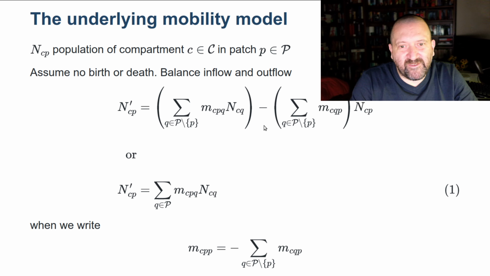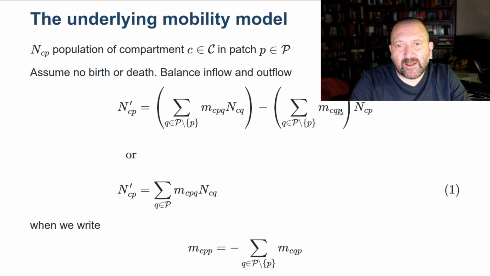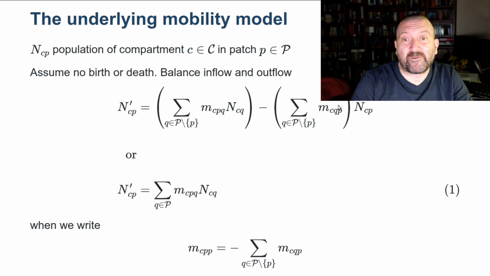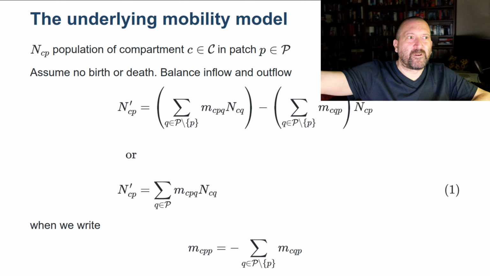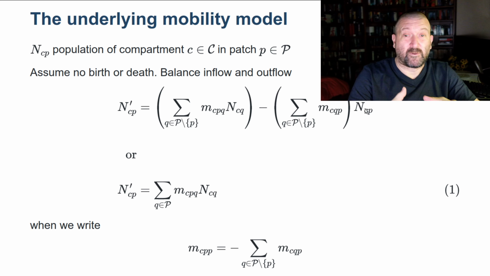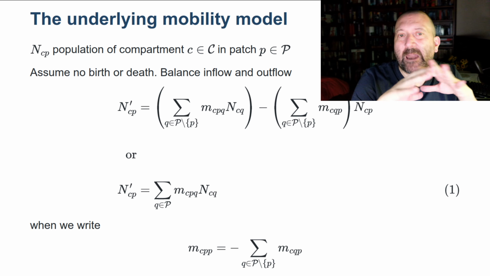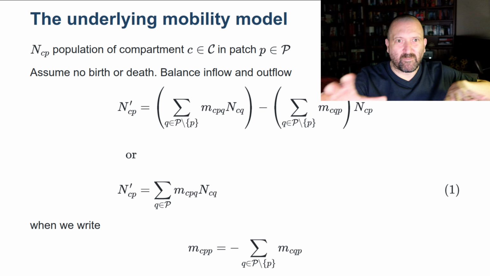And this term here on the right then looks at things the other way. It's looking at the rate of movement for individuals from compartment C from patch P, the patch of interest, to all the other patches that it's connected to. Okay, so I'm connecting to all the other patches except P itself. And of course, in this case, I'm not looking at what the remote population is. I'm looking at what the population of the current patch is and how people are moving out. So this differential equation describes the movement of individuals in the absence of any other process affecting the population. Okay, if you just suppose that people are moving around,